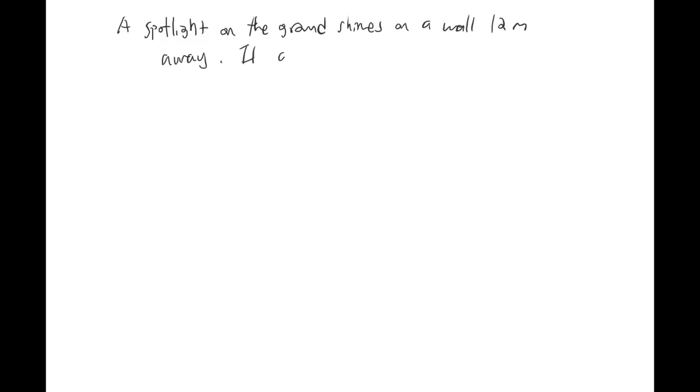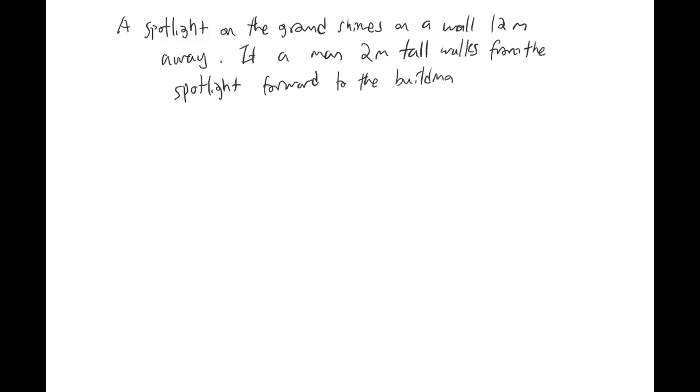If a man 2 meters tall walks from the, I don't like this question because there's shadow, but let's just do it. Walks from the spotlight forward to the building at a speed of 1.6 meters per second. How fast